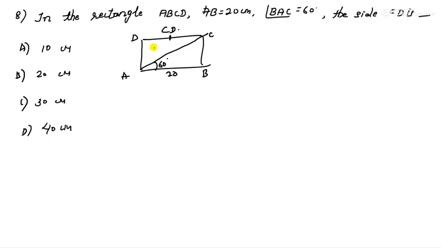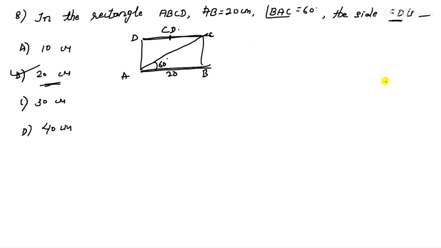See, since this is a rectangle, opposite sides are equal. So if this is 20, even this should be equal to 20. So no trigonometry, you can directly find. If they had given CB, find the value of CB, then you could have used tan theta. But here, since CD is given, it is opposite to AB. Therefore our answer is 20 centimeters.